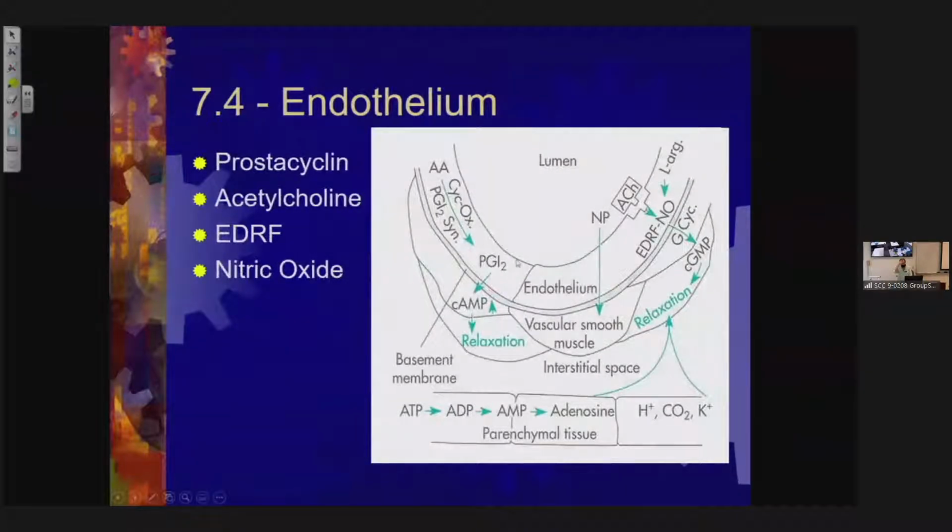Here's a look at the endothelium. It's one layer thick where there's an exchange. There's some smooth muscle to control flow, but not much on the endothelium. And the body produces chemicals to cause vasodilation. And one of those is, here they all are, prostacyclin, acetylcholine, endothelial derived relaxation factor, and then nitric oxide, which